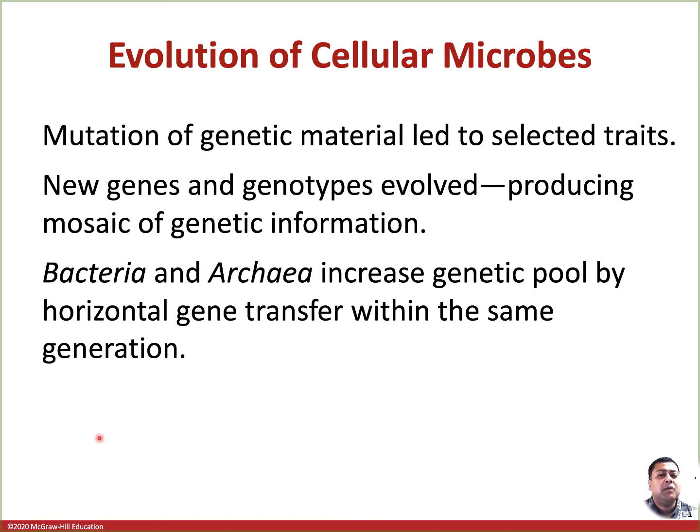A classic example that we can see in our environment or in real life: you can have an E. coli, which is very naive and doesn't cause a disease. On the other hand, you have a rogue E. coli, which has a gene on a plasmid, which we are going to define later, a small movable genetic element, a double-stranded DNA element. This rogue E. coli can horizontally transfer that gene to some of the naive E. coli, and they will transform into a rogue E. coli. This is just a hypothetical example, but many bacteria can do this process to evolve over time and acquire new genes or new traits.